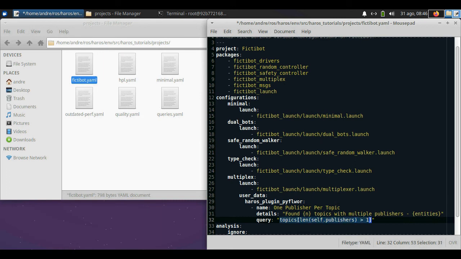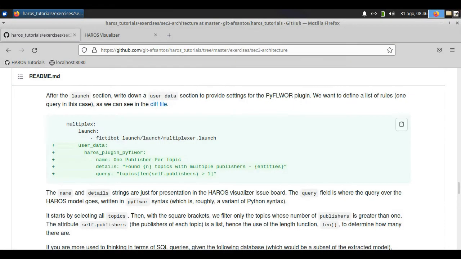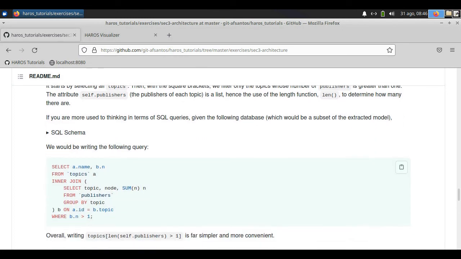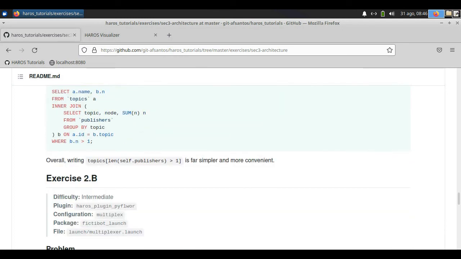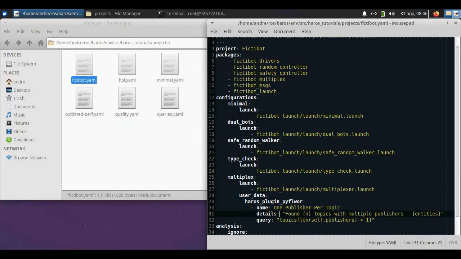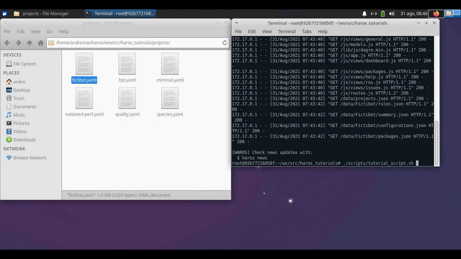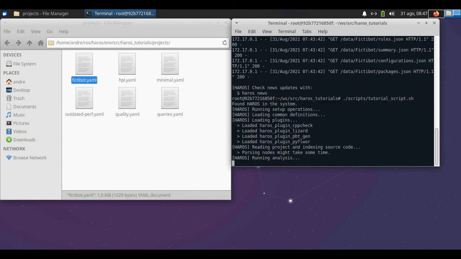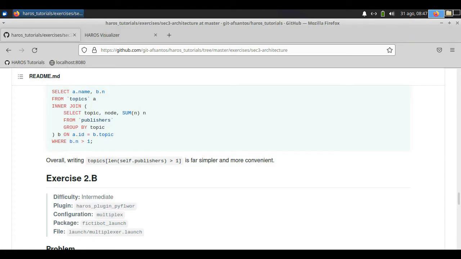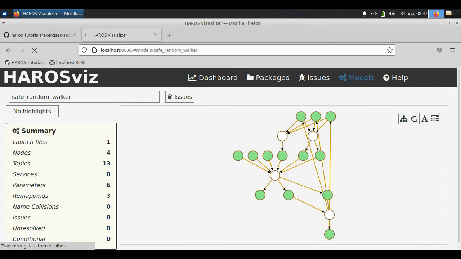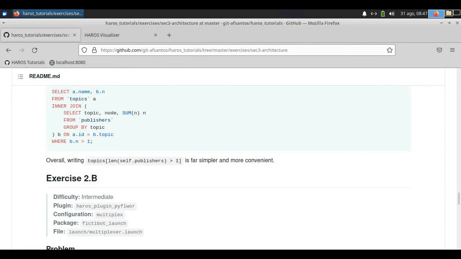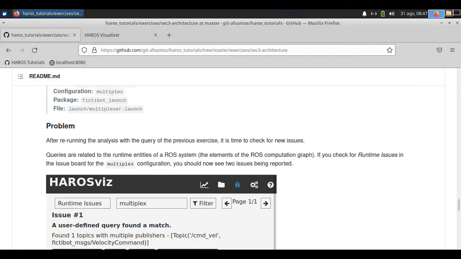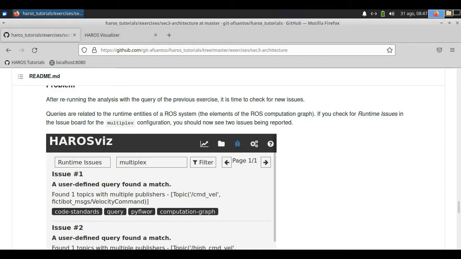You can find a short explanation for this query here on the documentation. And now we are going to run the analysis again and see if anything new comes up. So let's refresh the visualizer and move on to the description of the second part of this exercise, which tells us to go to the runtime issues of the visualizer.